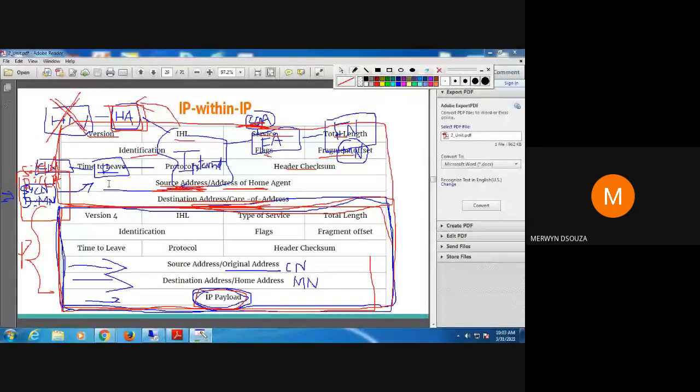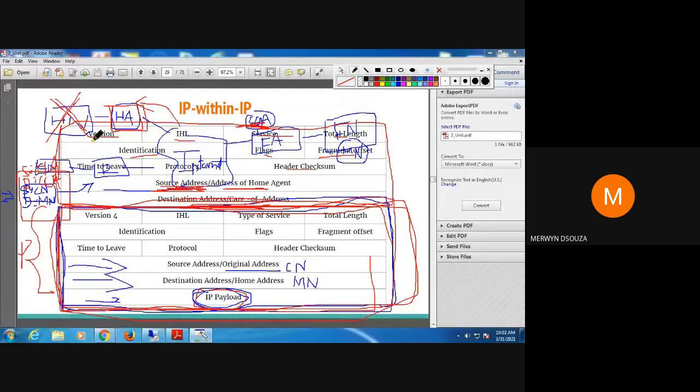So in that encapsulation, what happens? The smaller packet now is the data. The entire smaller packet that is received is the data part. Are you getting that? That is the payload. I can't make out if you are understanding or not. I can try to tell you this offline if you are not getting what I'm trying to tell you.